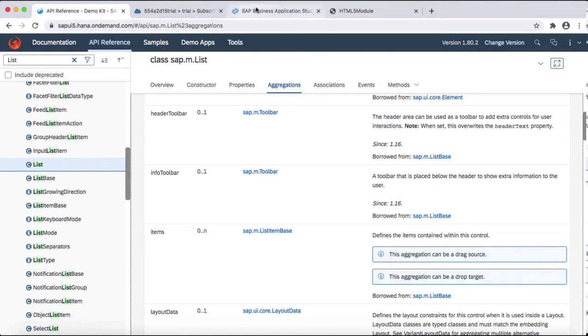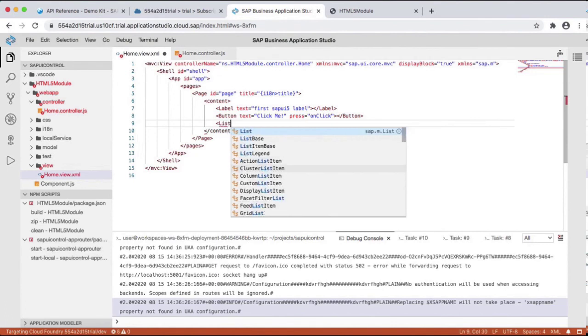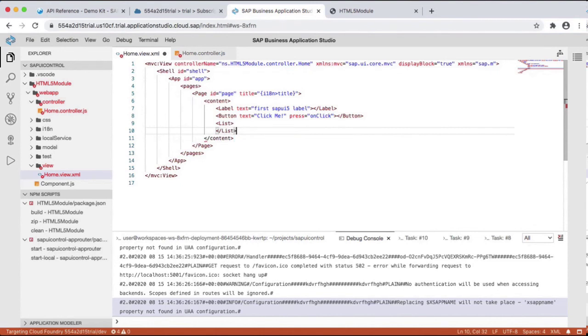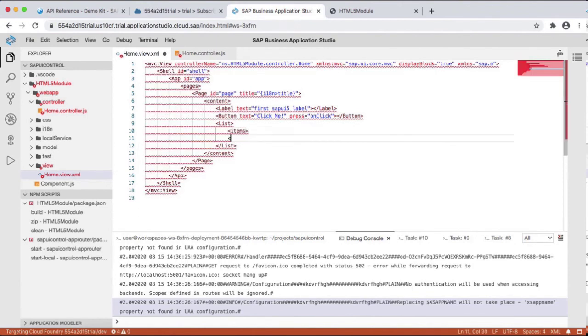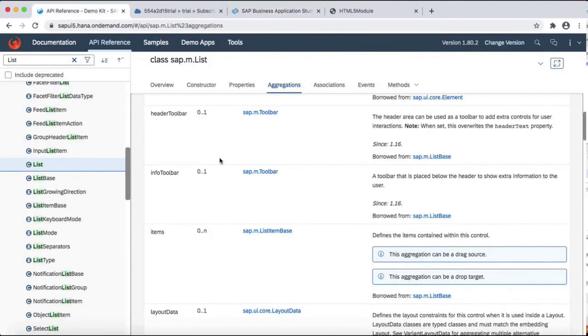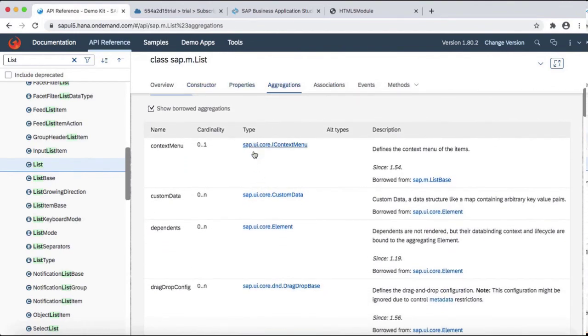So I'll quickly go to my Business Application Studio and I'll create a list. Now the list has an aggregation called items, so I will name the aggregation and close that. And inside items, I'll go to API reference and see what type of control I can use inside the item.